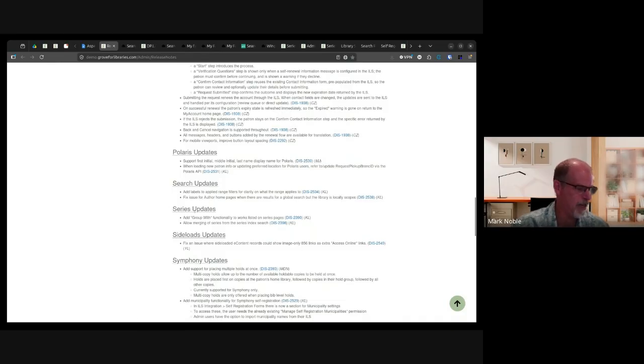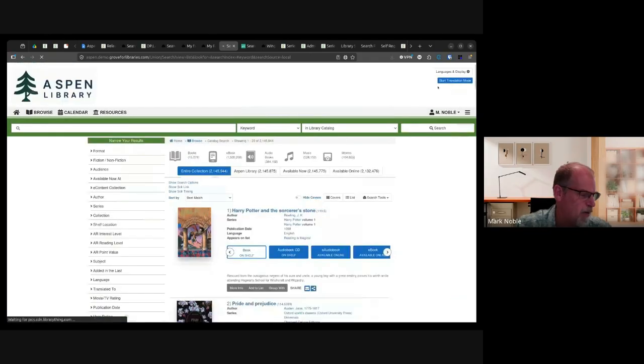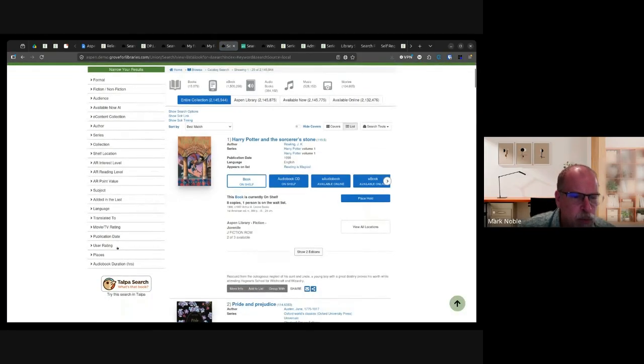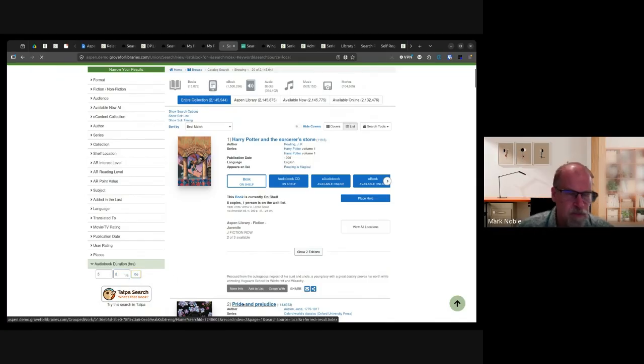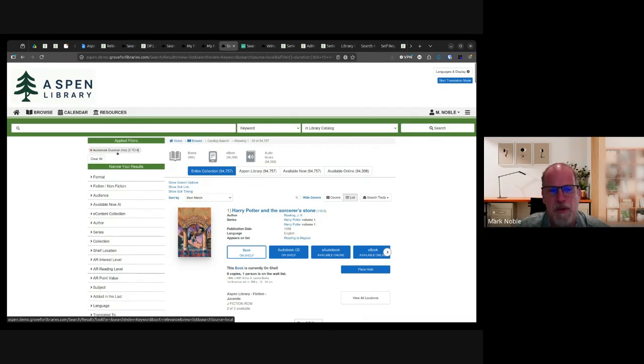All right, search updates. So first, let's just do a blank search here. So this is DIS 2534, sponsored by Orange County. Previously, what happened with the audiobook durations and some other ones. So if we do a search for books or audiobooks with a duration from 5 to 8 hours. Previously, this wasn't labeled, so it would just say 5 to 8, and you had to kind of guess as to what it was, which was okay until you had multiple things like,